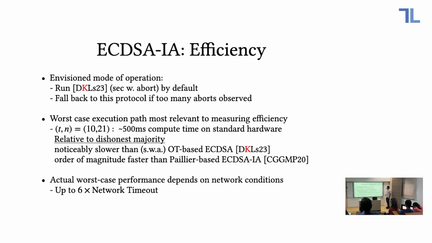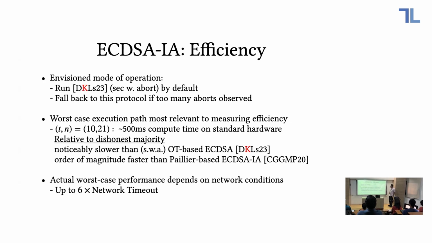And because this is still a relatively understudied area, there's no standardized way to compare efficiency. In practice, what we plan to do is to run a security-with-abort protocol by default, which is much more efficient. And then in case that protocol sees too many aborts, we fall back to the Identifiable Abort version. So what I think is the right efficiency metric for Identifiable Abort is to talk about worst case efficiency. People usually split into optimistic and worst case, but if you're observing aborts, then really it's the worst case